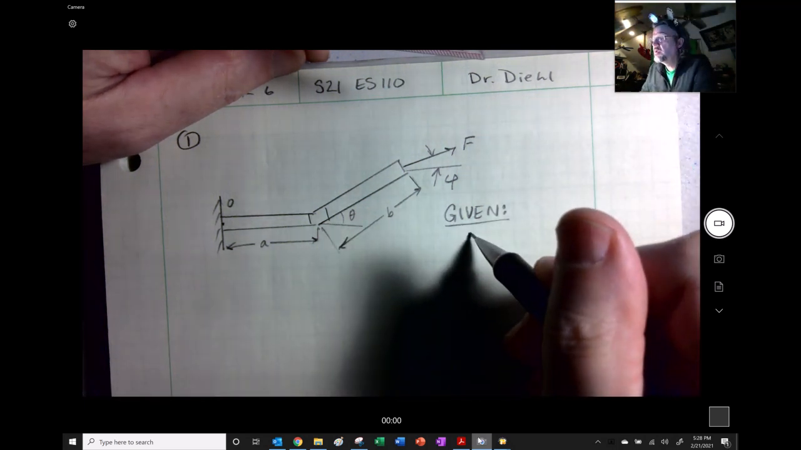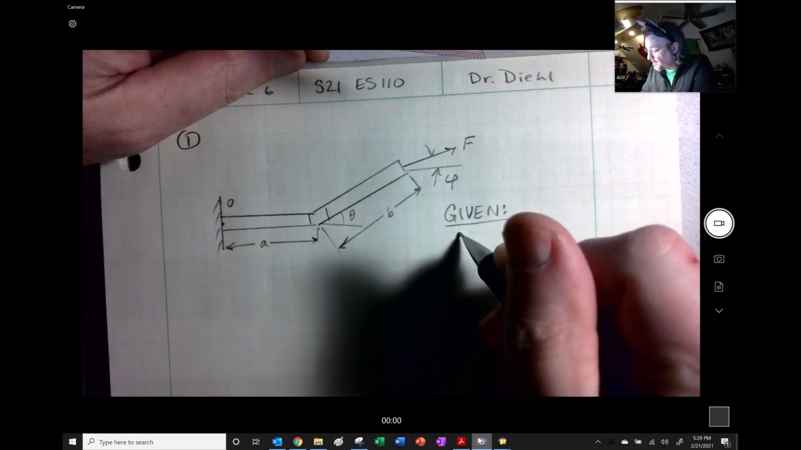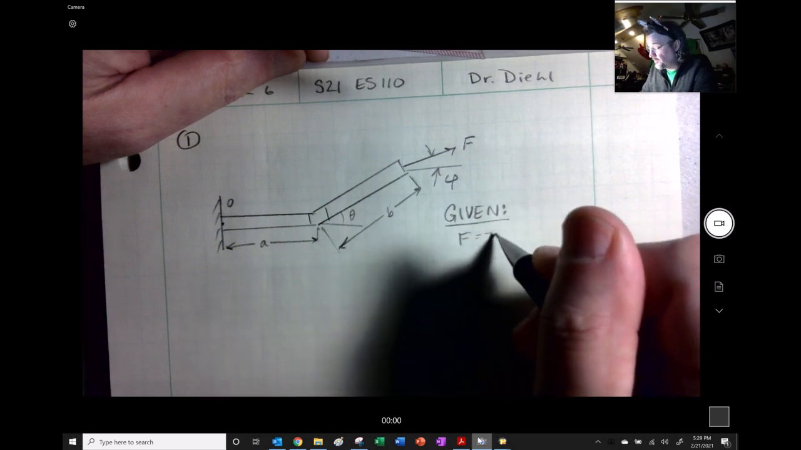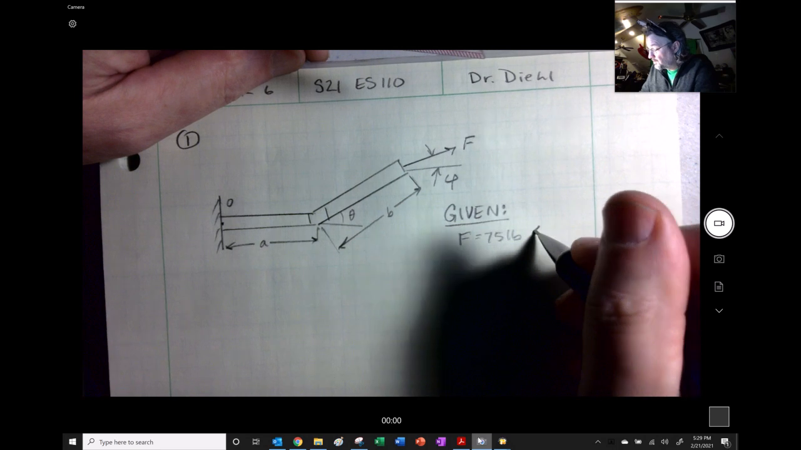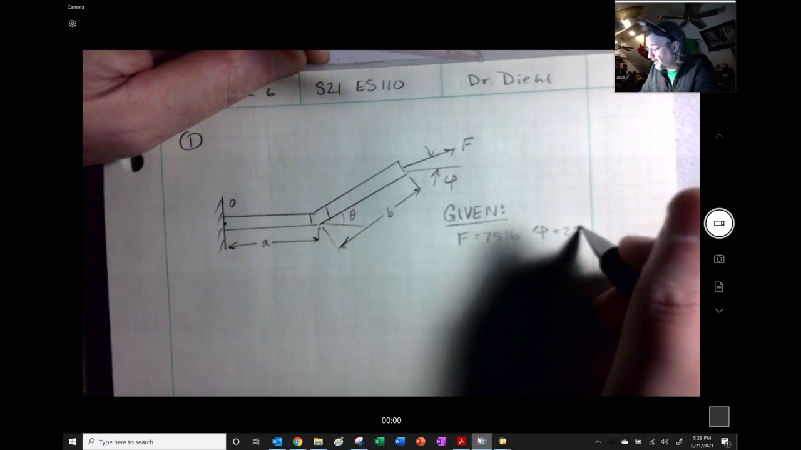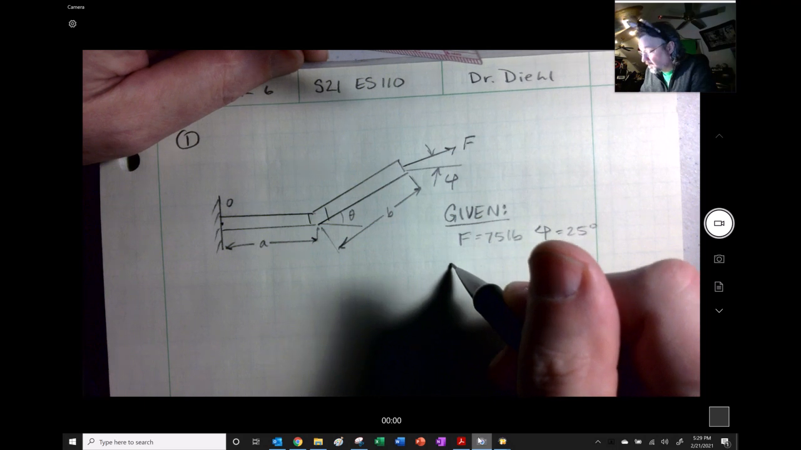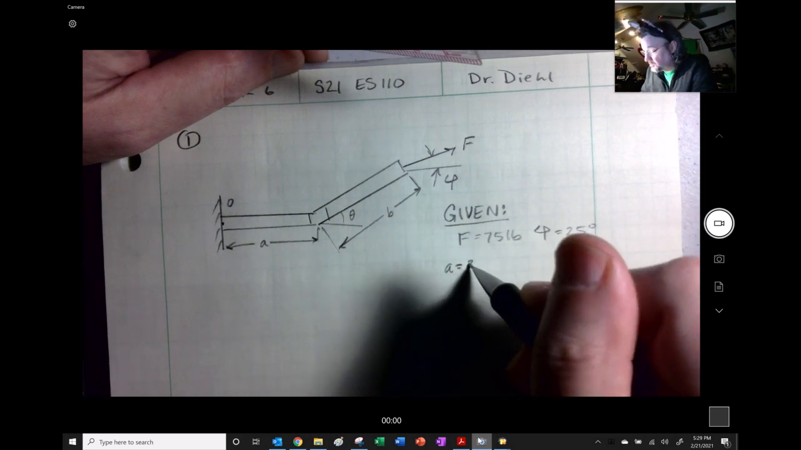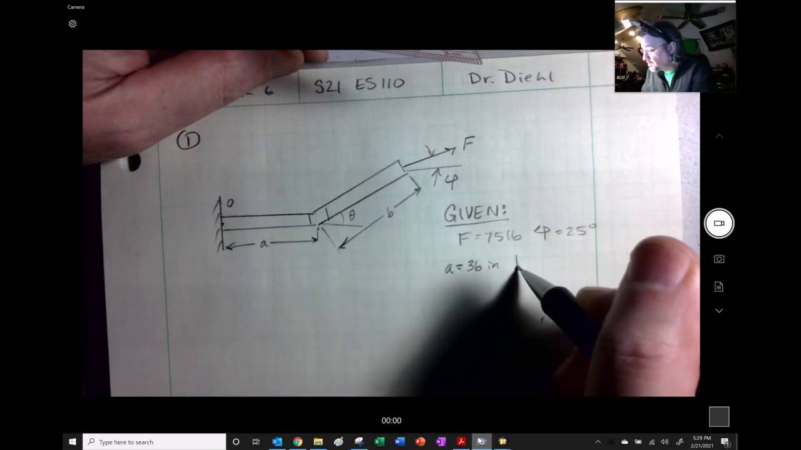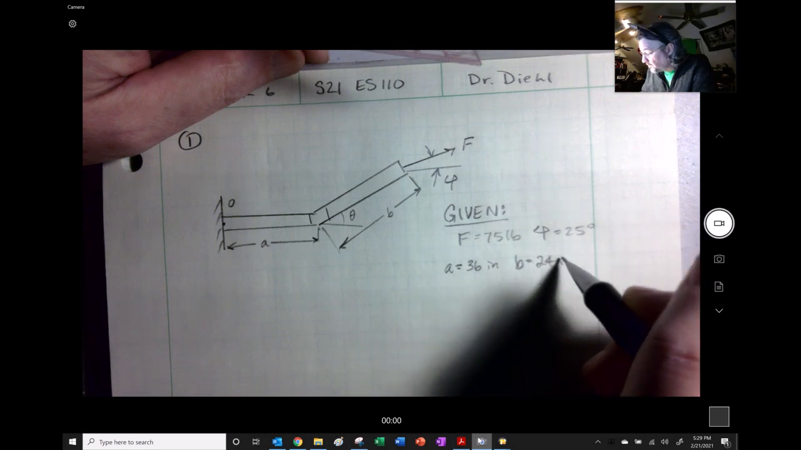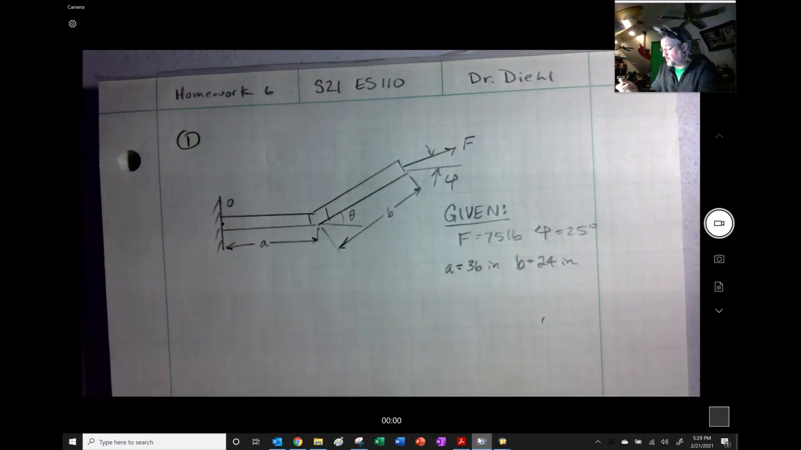A, what did we say first? Sorry, they gave us F was 75 pounds. Psi was 25 degrees. A is equal to 36 inches. B is 24 inches. And